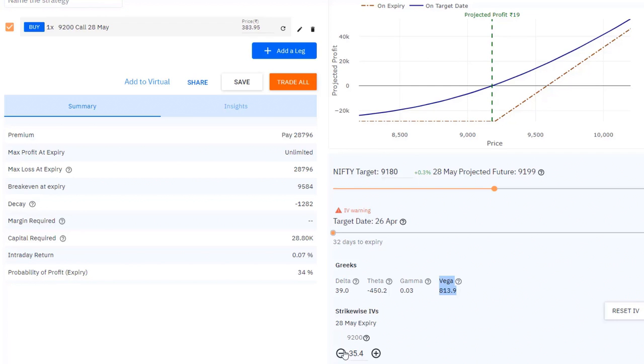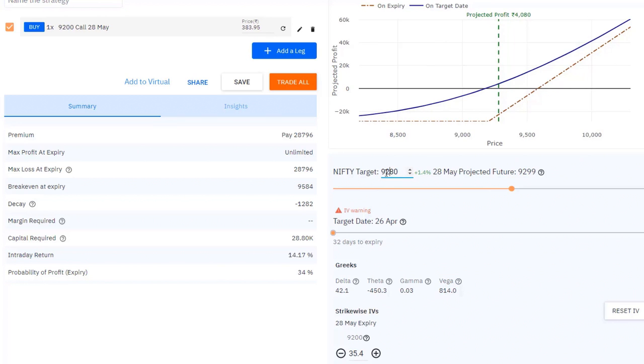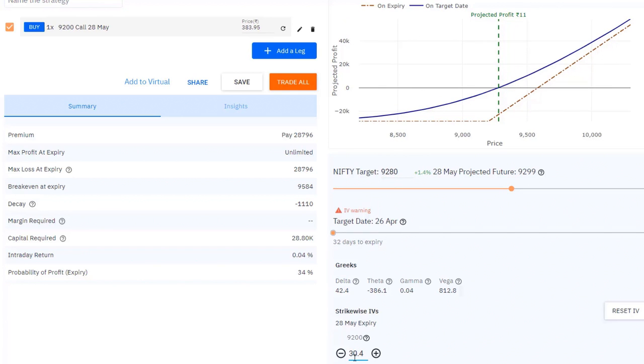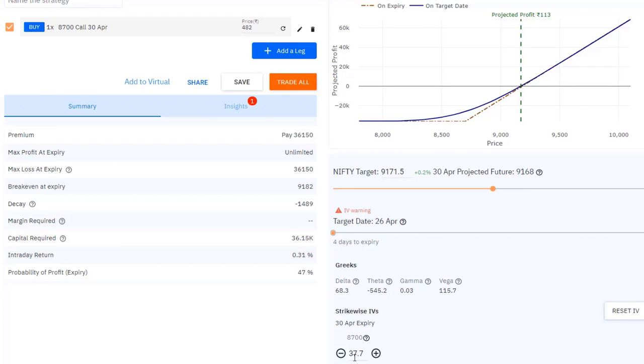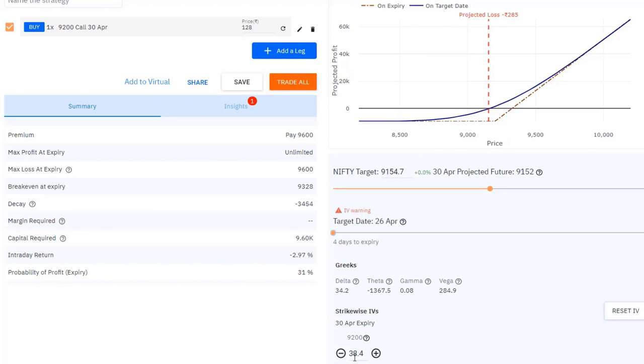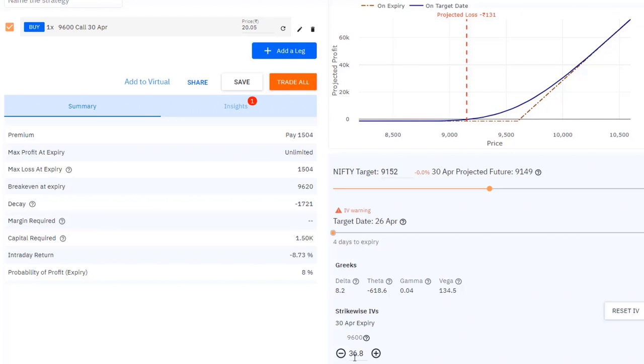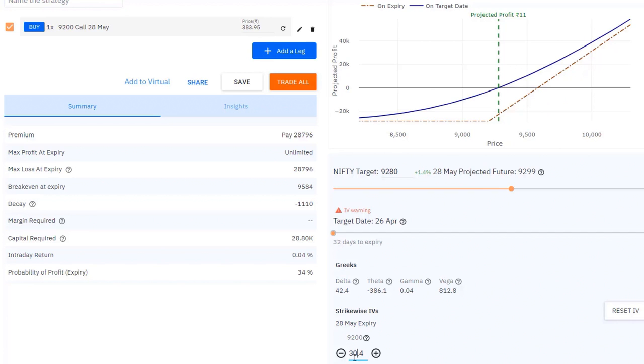So let's say IV dropped by 5 points and Nifty went up by 100 points. You make 4,000 rupees on a Nifty movement of 100 points, but if IV dropped 5 points, you're pretty much making nothing. So ITM near month expiry, no Vega. ATM somewhat Vega. OTM low Vega. Next month option high Vega. So if you are trading options, pay attention to this number, especially in the far month.